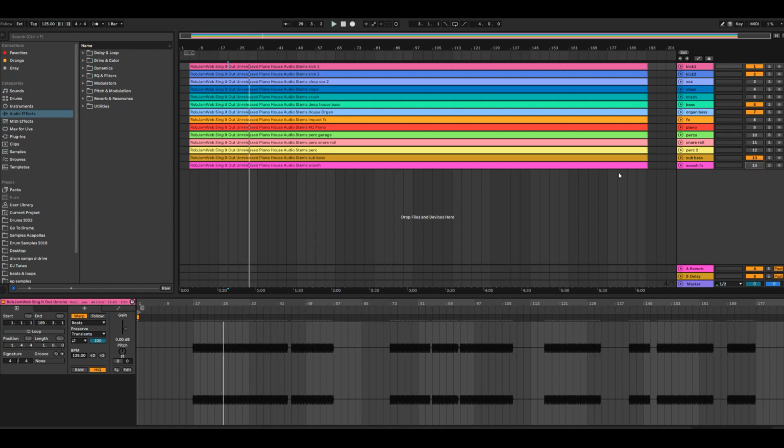That's how you time up your stems if you have problems with them. It could happen on other tracks as well, but for some reason it just happens now and again on certain ones. Not every one, but that's how you fix it. But anyway, what you can do with this template of mine is,